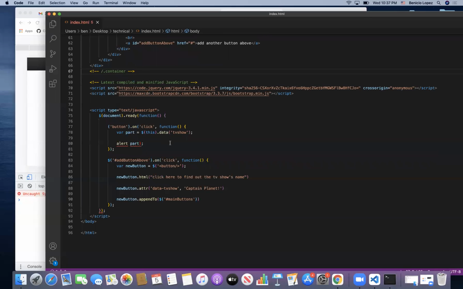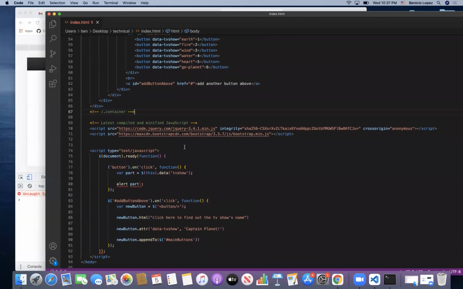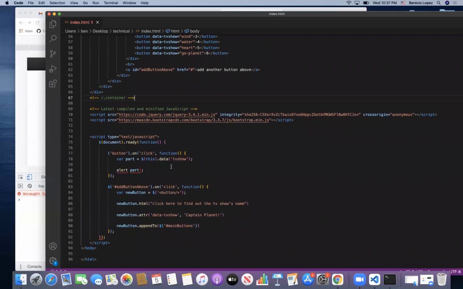And he kind of explained it in the video. He's got this onClick function. He's setting this variable part to basically the data that's listed up here on this list, and he wants to alert whatever that specific data is for that button. I would ask Fernando, okay, what is the alert